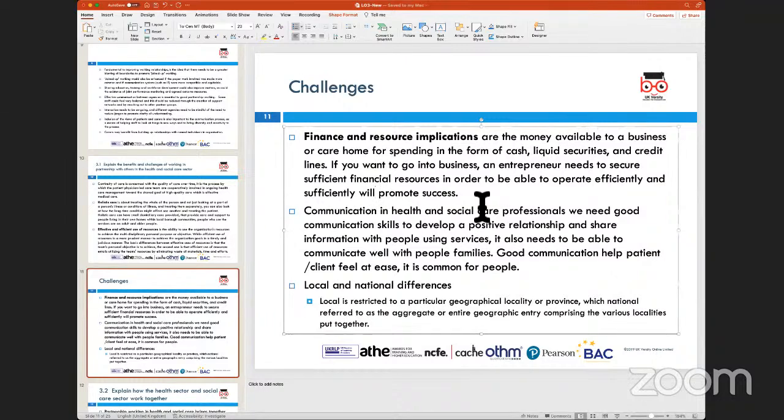So when I relate this to challenges within the health and social care sector in particular, we'll be looking at financial challenges, resource challenges, and these challenges tend to be limited resources such as funding, staffing, and infrastructure, which can be a challenge when it is coming to providing these services to the members of the public.